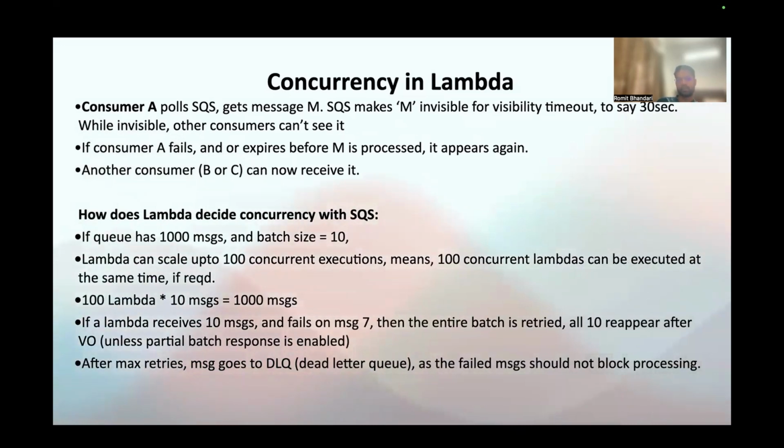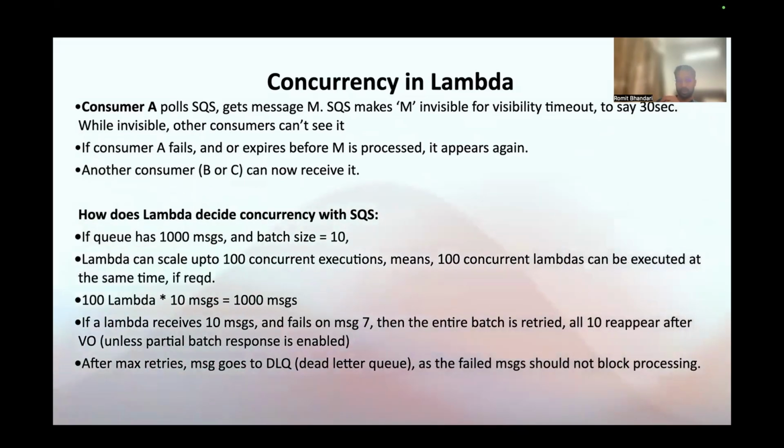Because if batch size is 10 and 1000 messages are coming, each Lambda takes 10 messages at a time. So you can have 100 Lambdas